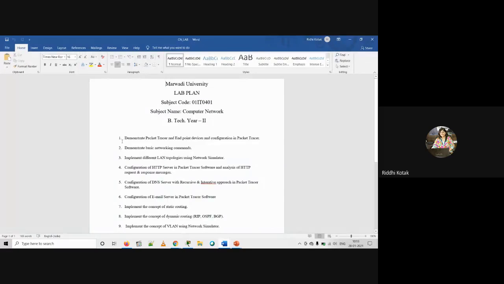We have to go with a demonstration of Packet Tracer. I will guide you what Packet Tracer is and how you have to use it. We will introduce the devices which we will use for our practicals, and then how to configure them. Few basic steps which are going to be repeated every time, I will guide you in this practical.